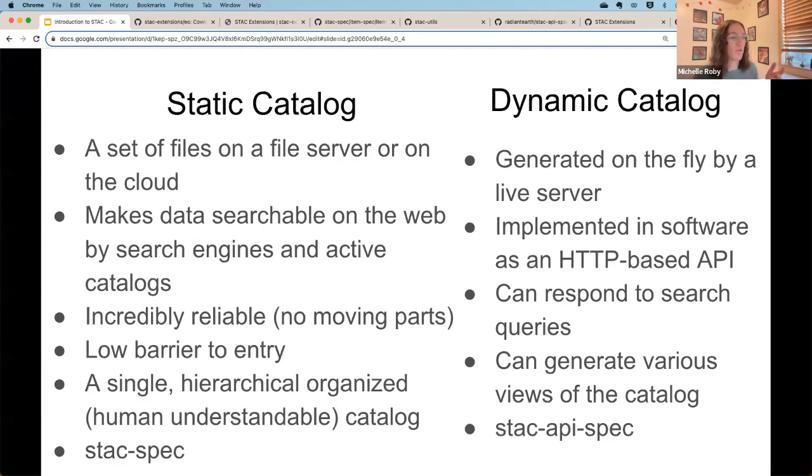And then there's also ways that can create different views of the data. Instead of just one, you decide that you wanted to have the data as like Landsat 8 and Sentinel-2 organization. You can actually create many different views of the data in a dynamic STAC catalog. That we'll look at really briefly here and after. And all of the things that are related to dynamic STAC catalogs is through the STAC API spec.